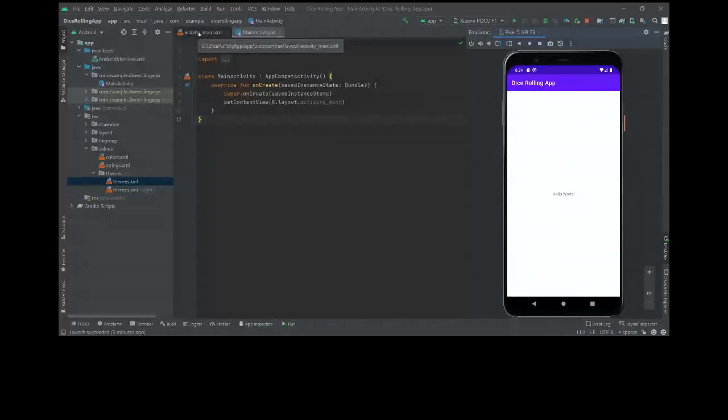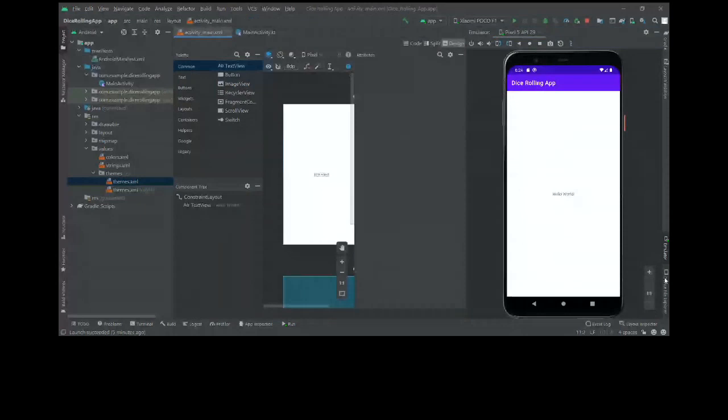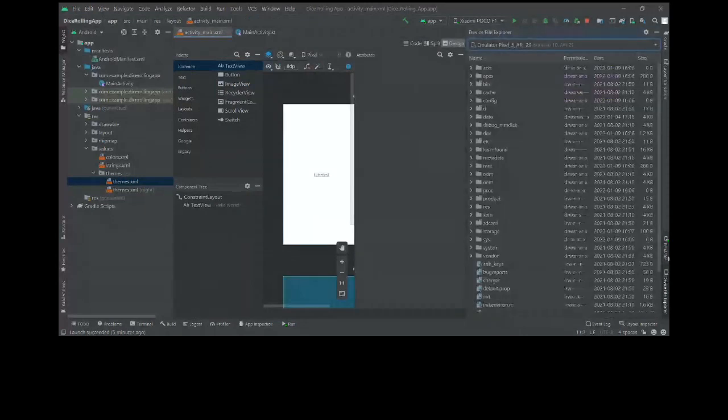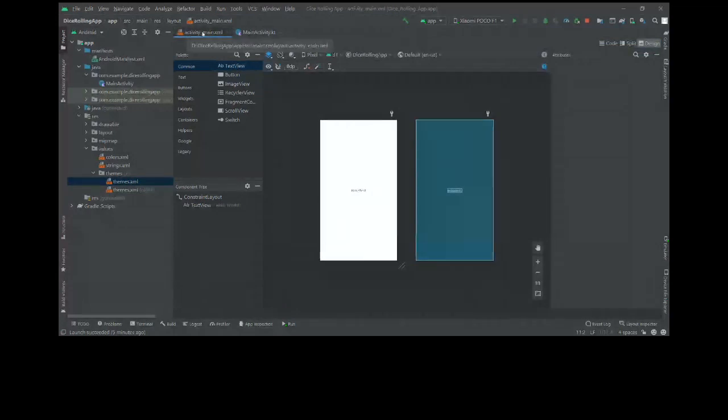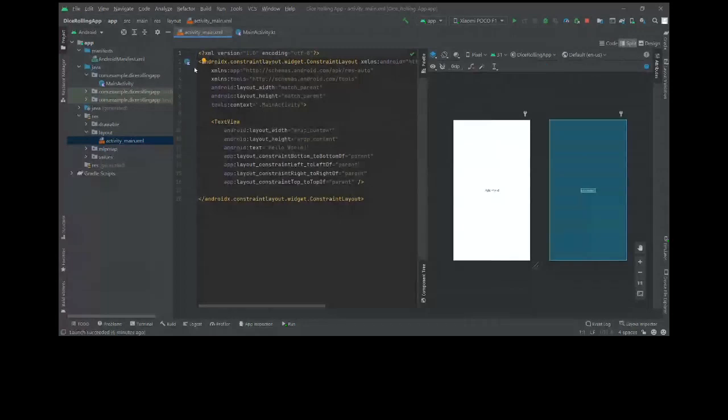So to change the UI, you have to go to activity main.xml. You can find it here. You have to go under the res folder, and under layout you can find the activity main. So once you go into activity main, there are basically three views that you can use. One is design view. This is just the drag and drop view. Like you can drag items here and you can just create your view here. But if you want to code them in, you can also see both of them right here. And if you want to see only the code part, you can see it.